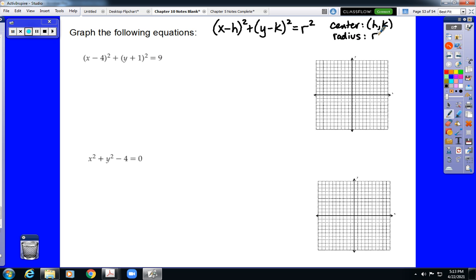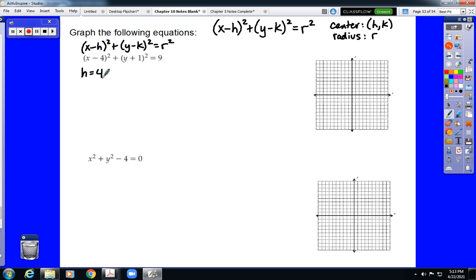So, the first example here is in standard form. Notice everything matches up. We have (x minus h) squared, we have (y minus k) squared, and we have r squared. Notice that the equation says -4, but h is actually +4. It is the opposite. h and k are always, for this particular skill, the opposite of